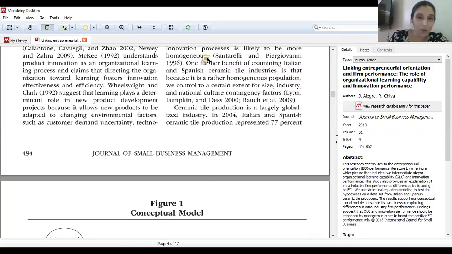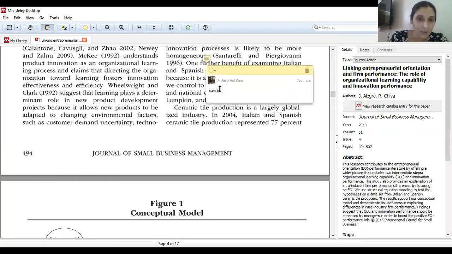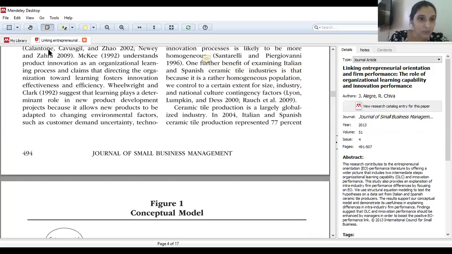So in the whole paper, I don't have to read. I can click the note, it will say sample is over here. Who was the sample? Spanish people. I could further go and select this text also. Sample was taken from Italian Spanish industry people and highlight it as this. Okay, I hope this is clear. Even this is a feature of Mendeley. I wanted to show it to you.